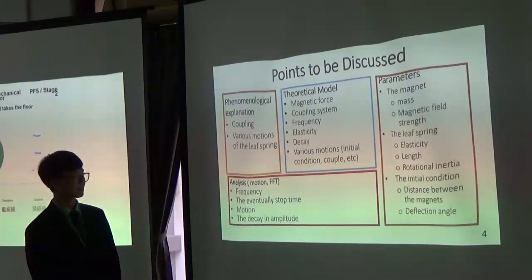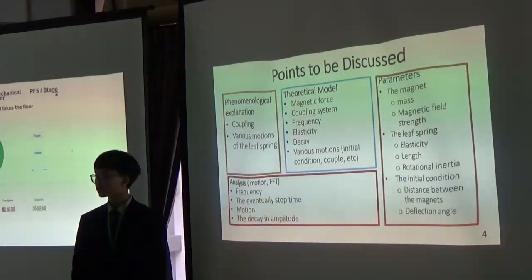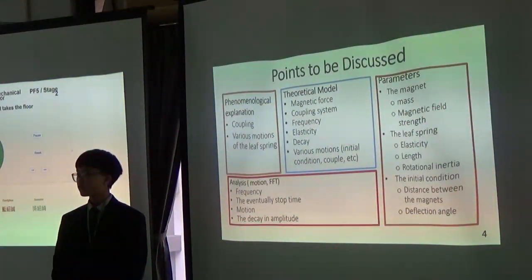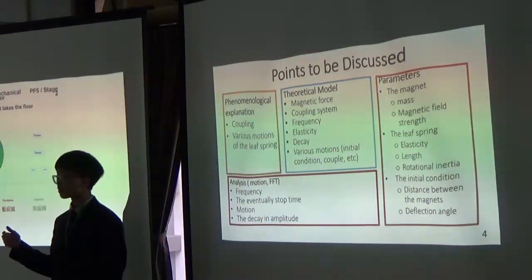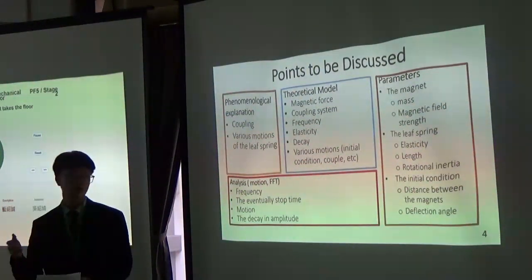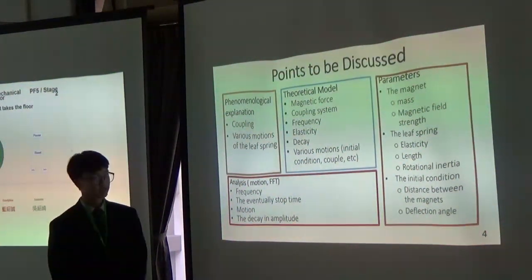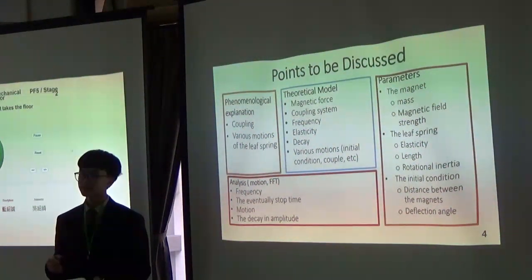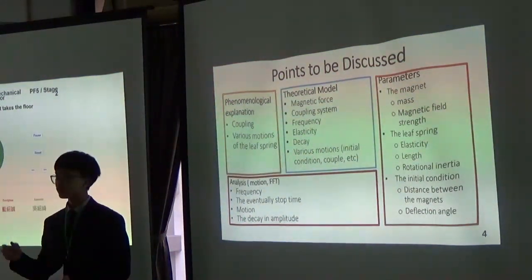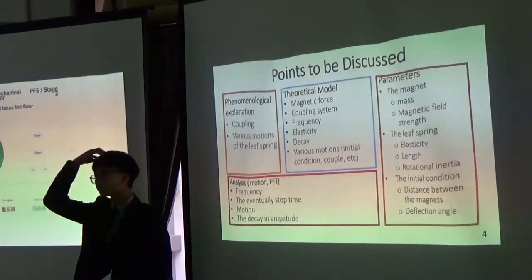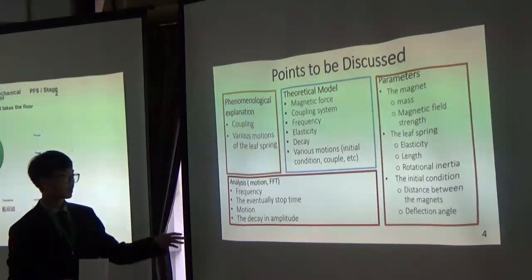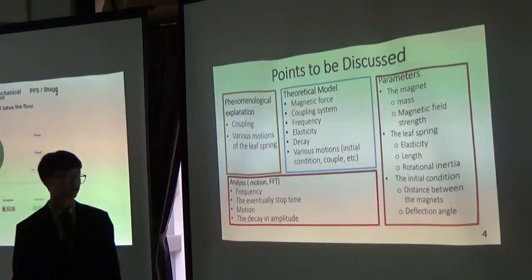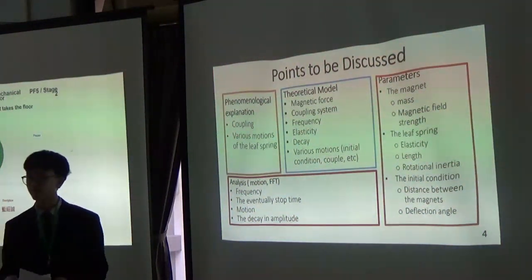And for the analysis, we believe that they use the fast Fourier transform in their report too. So I'll investigate how the frequency of the waves changes under different parameters, and the eventual stop time of the system, since they didn't consider air drag dissipation in their calculation. I wonder what the main dissipative force in the system is, and the decay in amplitude. How does the dissipation they have mentioned affect the decay of amplitude in their experiment?